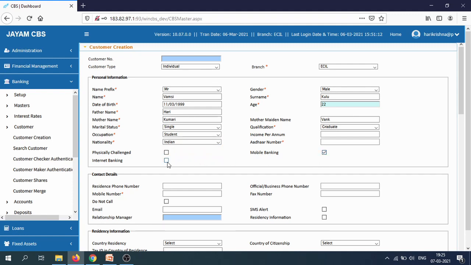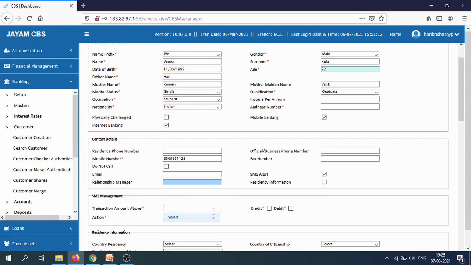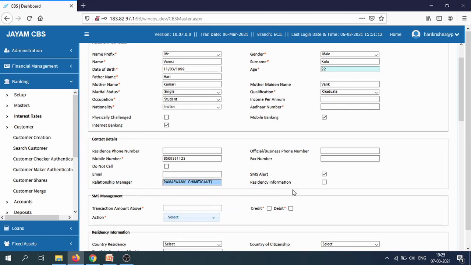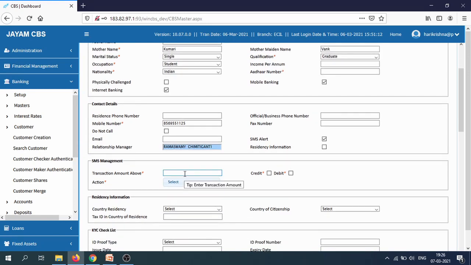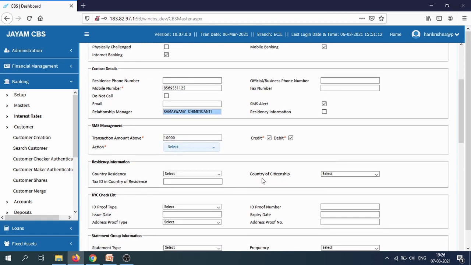Mobile banking yes, net banking yes. Mobile number I'll put as a dummy mobile number. SMS alert yes. And who is the relationship manager? 10,000, debit and credit, all, account statement.